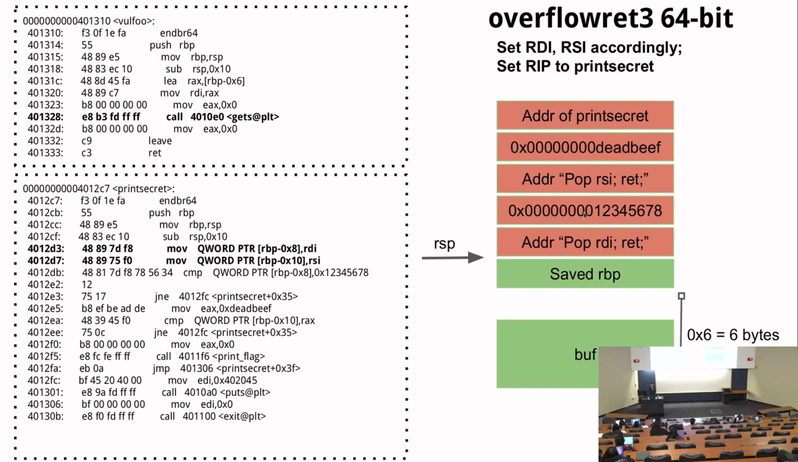That's why we have some leading zero there. Now after that, we have a pop RSI return. Then we have deadbeef. Then we have the address of return secret. Okay. Then let's see how this works. So now the CPU is about to execute the instruction return at the end of val foo, and the